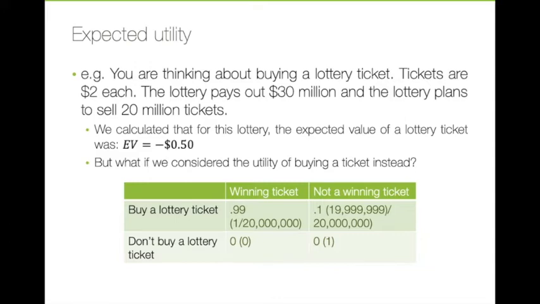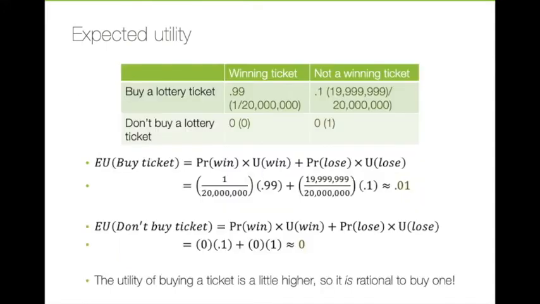From this decision matrix that lays out these utilities and probabilities, we can calculate the expected utility of buying a lottery ticket or not buying one. We have to separately calculate the expected utility for each of these two possible choices on the left. So in each case, we add up the products of the utility of the outcome and the probability of the outcome. And we can get those values from our decision matrix, since that's got the probabilities and utilities of each